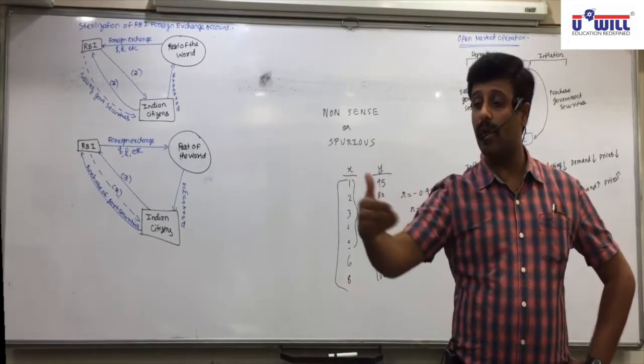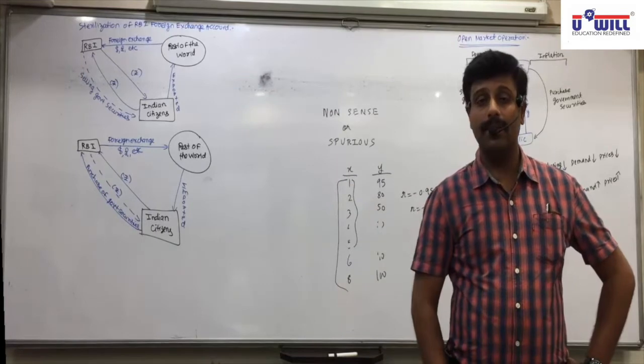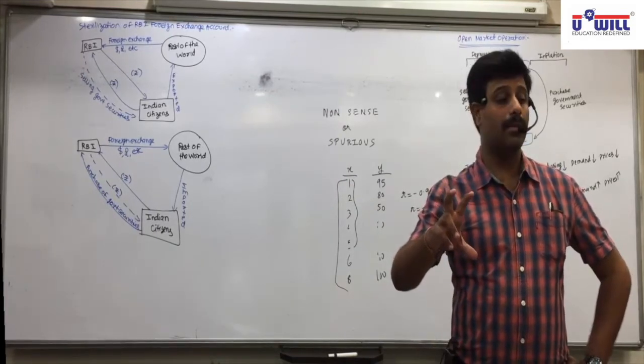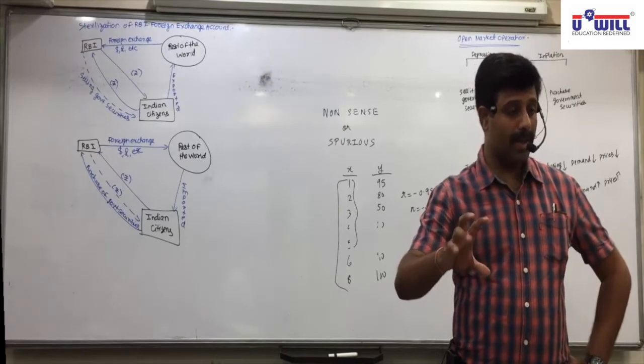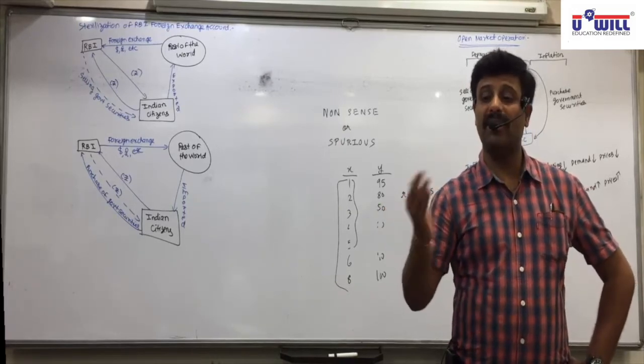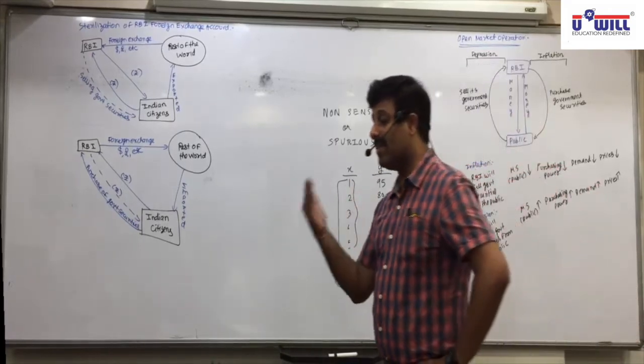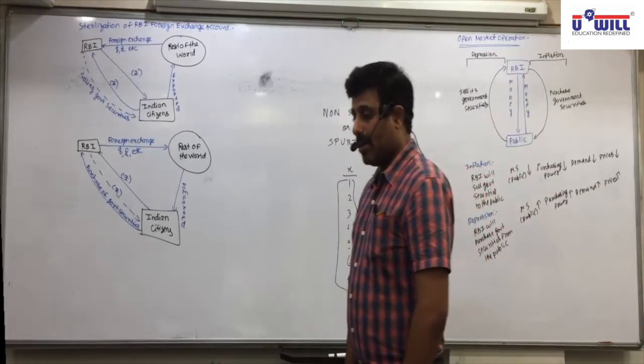So define negative on your own, perfect negative in the next answer. Okay, first you define what is negative correlation, and then you define what is perfect. The second sentence will remain the same. In the first sentence, instead of positive, define negative. So all are able to define this?